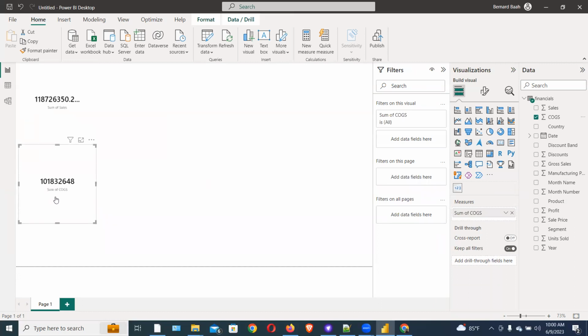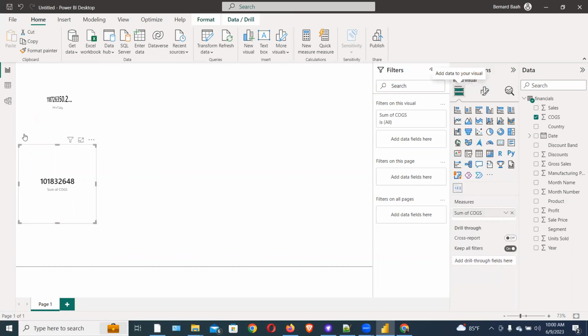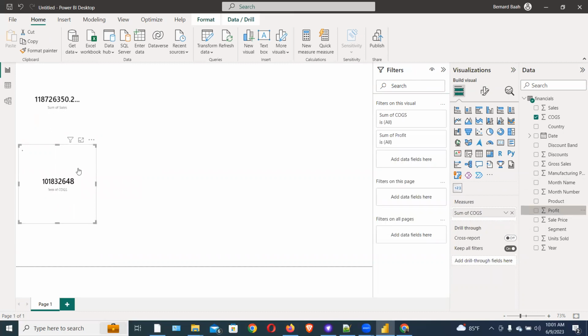Okay, so now it's showing cost of goods sold here. And once it's active, I can go to the format options and customize it. But actually here, there's something else. You see here, it has only cost of goods sold, but maybe I can have another thing like profit here. So when it flips, it will show the other thing. So from cost of goods sold, it changes to profit,